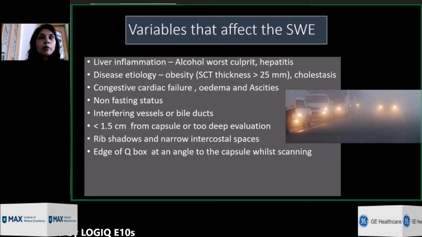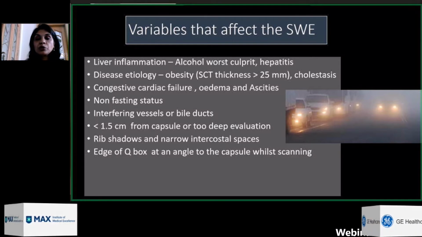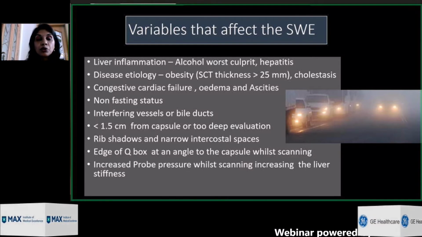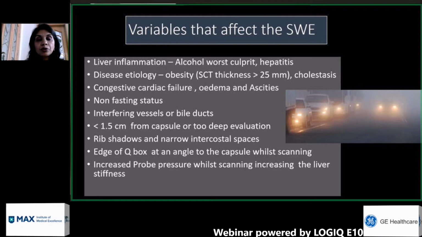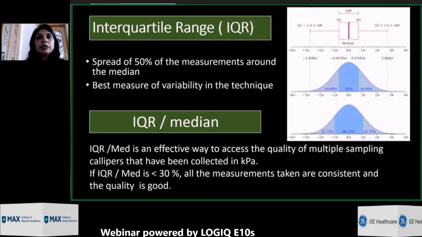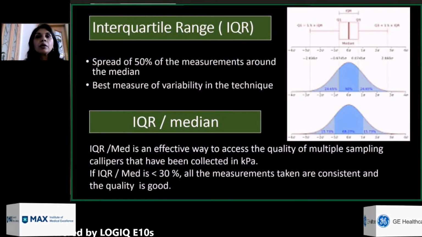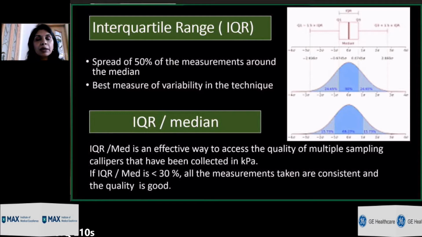The edge of the Q box is extremely important, should be parallel to the liver capsule. It should not be at an angle. Increased probe pressure, as I just said, will increase unnecessary stiffness. So this is an important part, yet there can be a variability, and in order to minimize the downside of